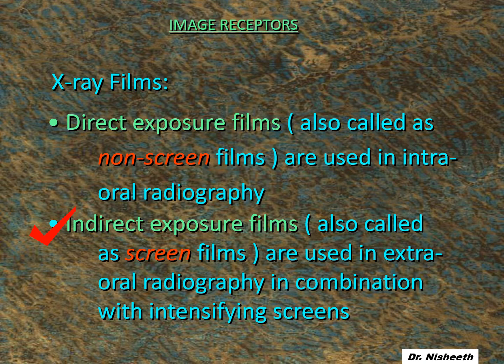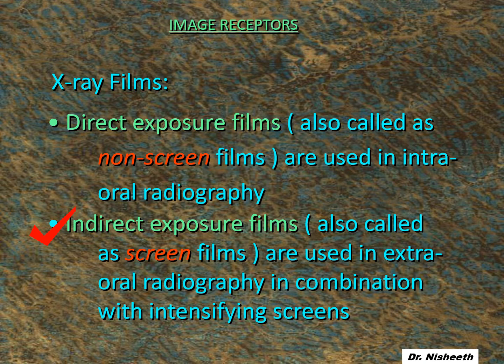That means the higher the amount of exposure required to get a good quality radiograph, the lower the speed of the film. So a slow speed film means it requires more X-rays to get exposed. If it requires more X-rays, that means it is more harmful to the patient. So our aim is to use high speed films.